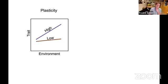So we wanted to dig into that, what has happened to the fish a little bit more. But before we talk about that, we need to talk about plasticity. So plasticity is something ecologists use a lot for describing how organisms change with environmental change. So you can measure a trait, and then if the environment changes, a highly plastic organism can have a high response, a trait change, and a low responding organism can have a lower trait change over that environmental